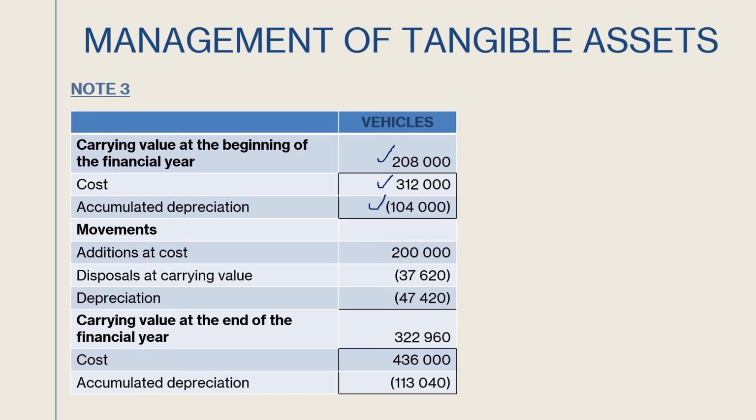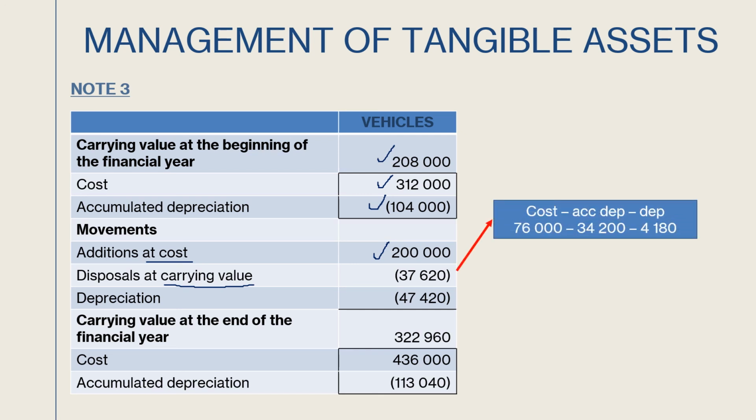They tell us, remember, on the 1st of December, we bought a new vehicle for 200,000 Rand. Remember, this is captured at cost. Then the disposals at carrying value. This is very important. Remember now, the carrying value, we have to take the cost price, which was 76,000 Rand, minus the accumulated depreciation that was given to us at the beginning of the year, and then minus the additional depreciation that we've made provision for the 6 months of this financial year before we sold it. So altogether, that is going to give me